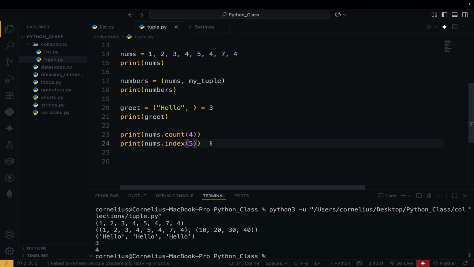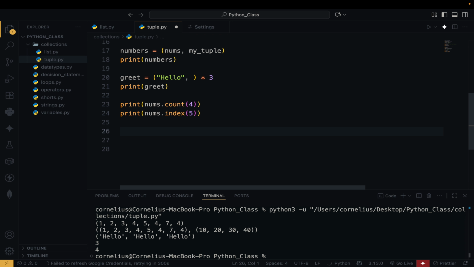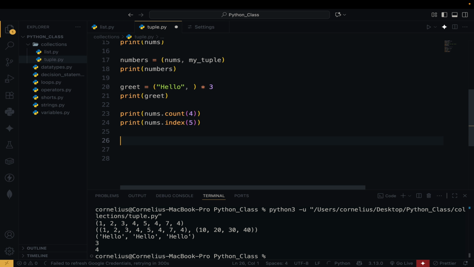We can also do what we call unpacking. So we can also unpack a tuple. Unpacking is when you bring out the values a tuple is holding and you spread them out into variables. So say you have a variable like